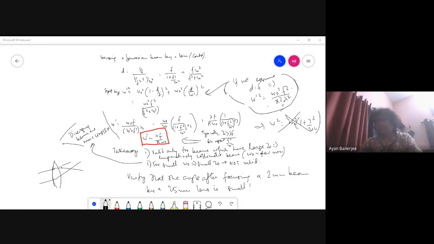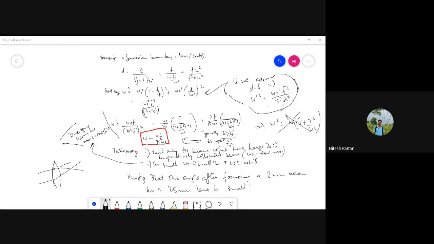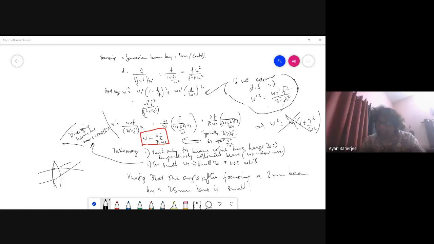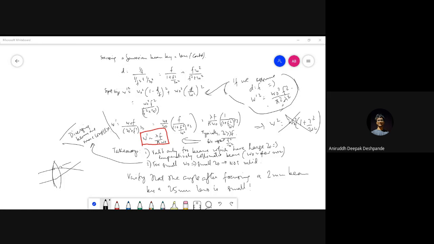Yes, and it's a beam. It's not a ray, and it's not a spherical thing. It's a beam, and it's not comparable to rays. That picture itself is wrong. It's like quantum mechanics and classical mechanics. You cannot confuse both pictures. That's the thing, I'm not able to see through it. Sir, can I say something? Yes, please.